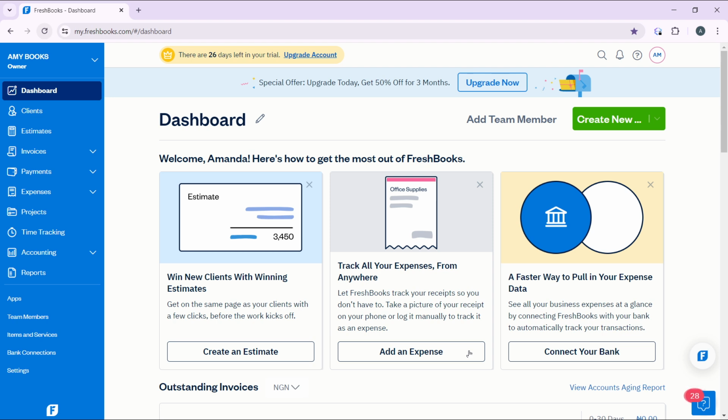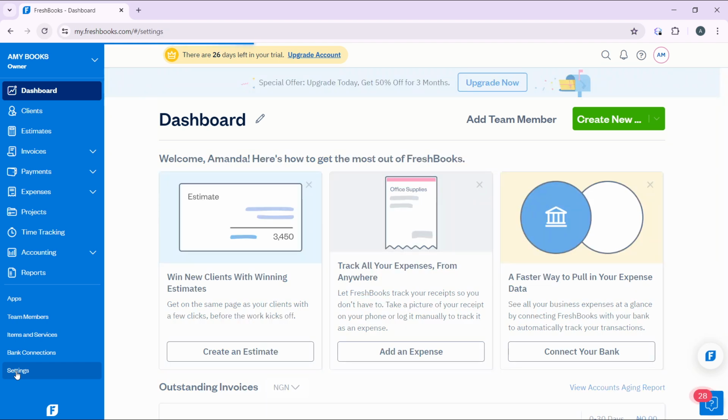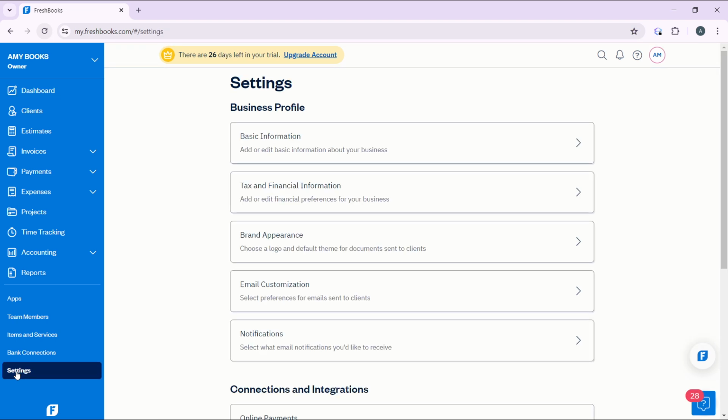in FreshBooks. From this homepage, I'd like you to head over to the left navigation panel where you have a couple of options which include dashboard, clients, estimates, invoices, payments, expenses, projects, time tracking, accounting reports, and of course you have apps, you have team members, items and services, bank connections, and settings. I would like you to head over to settings and click settings, and the settings window is going to be